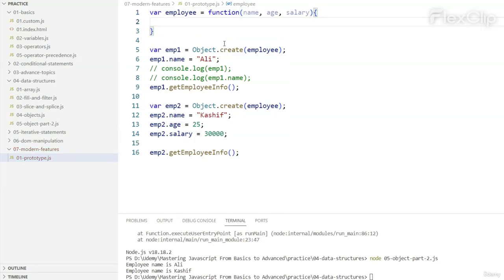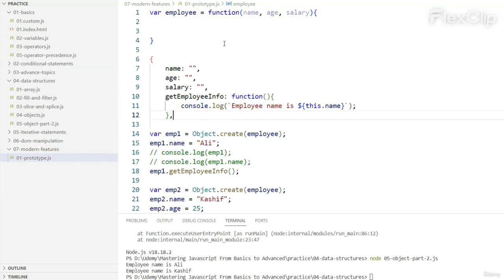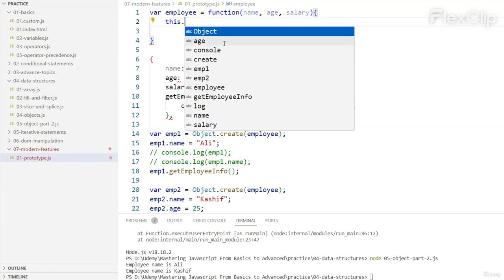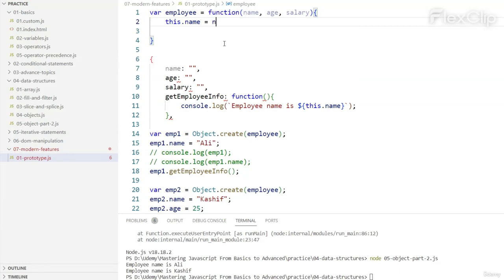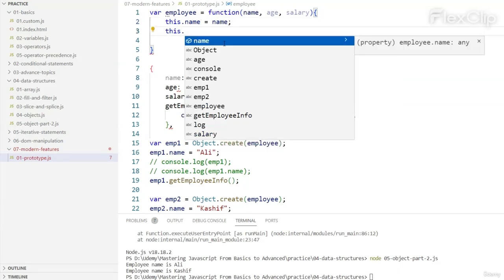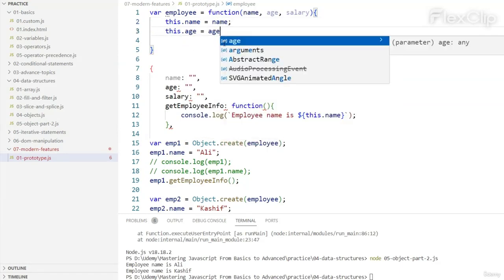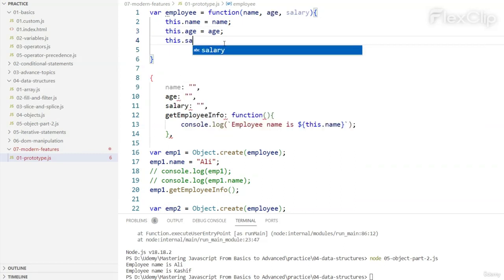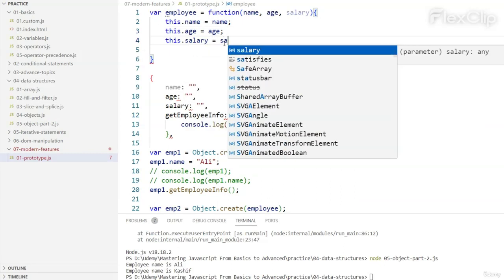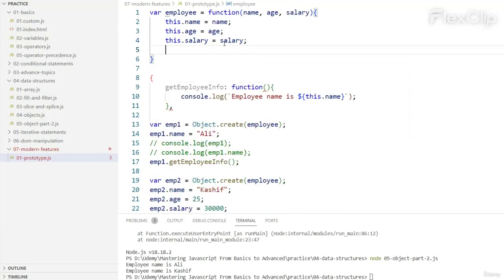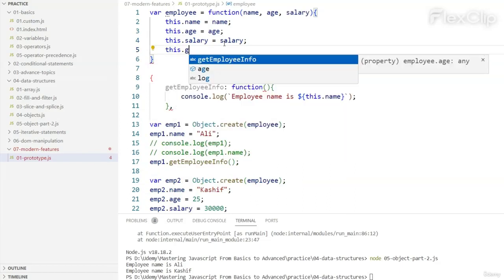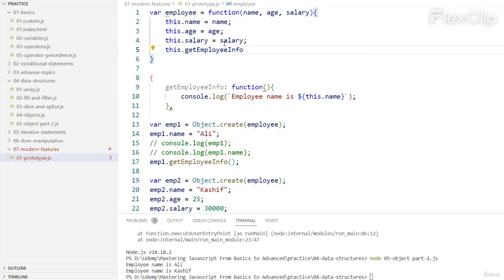And here I will copy this, so I will simply use this dot name is equal to name, this dot age is equal to age, this dot salary is equal to salary, and let's create this dot get employee info,